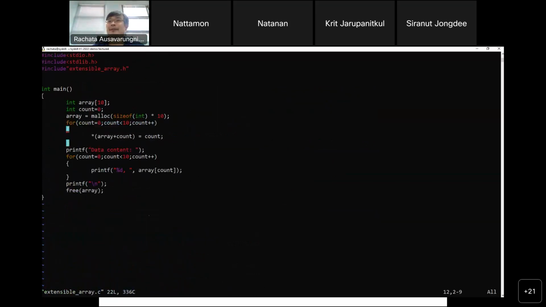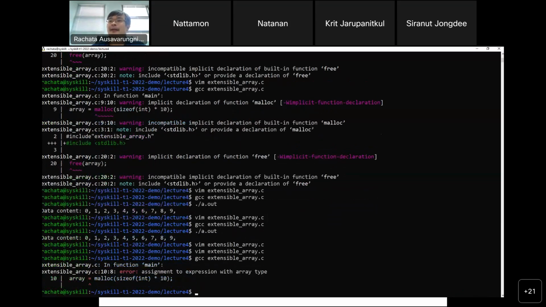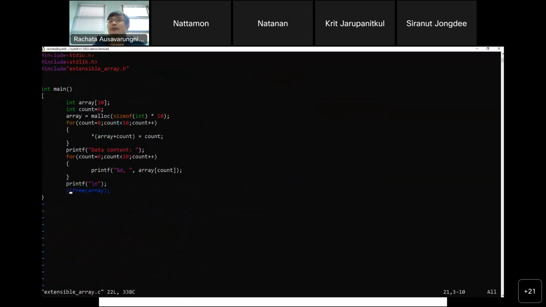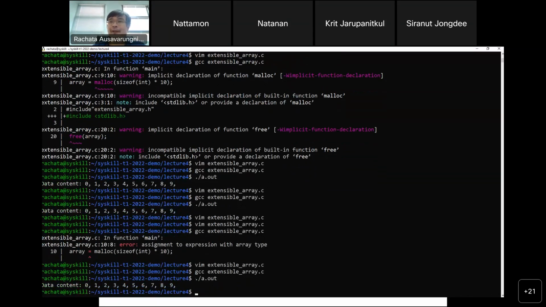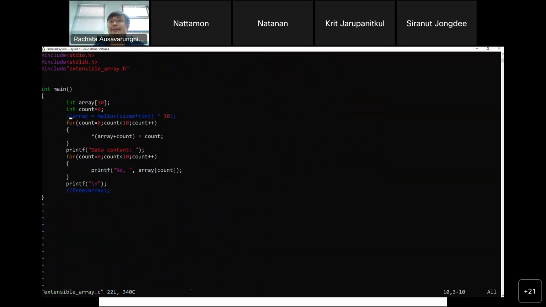The only thing I need to make sure is that because it's a predefined array, I don't have to free at the end. Oh, and also I don't have to malloc. My bad, sorry. And then it would work the same way. I can use the pointer and array interchangeably, right?